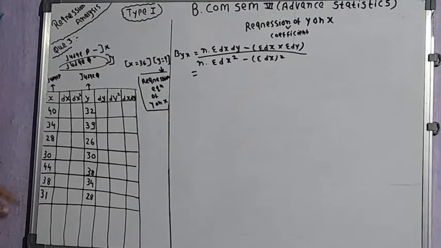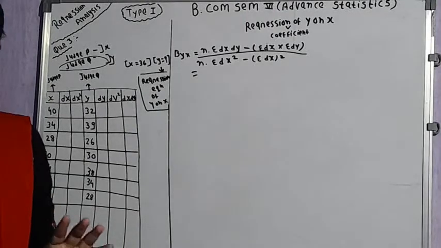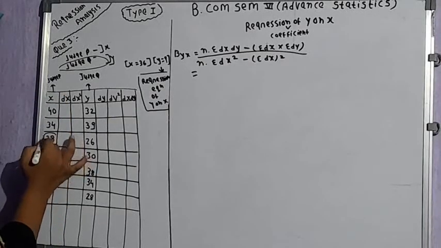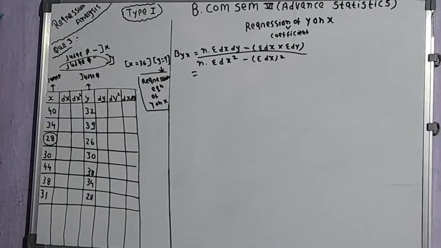Okay. Now what we have to calculate? We have to calculate deviation from X series. How do we calculate it? We have to assume a mean from the X series. You can take any number as assumed mean, but generally we prefer to take the smallest number of X series as assumed mean, so that we can have simpler calculations further. Okay, so what is the smallest number in X series? It's 28. So we will consider that 28 is our assumed mean from X series.